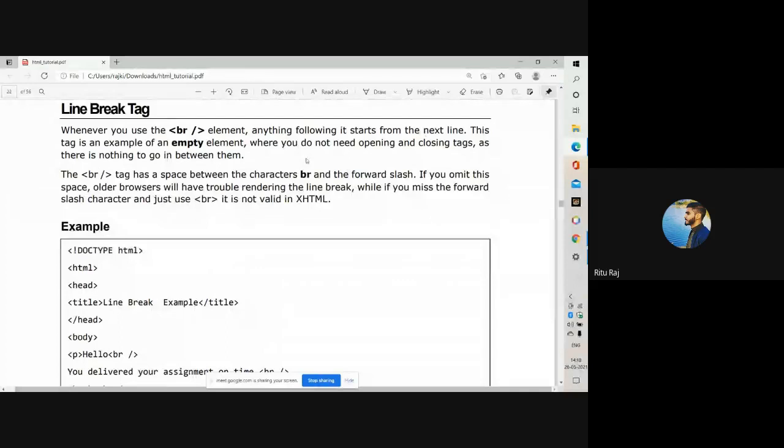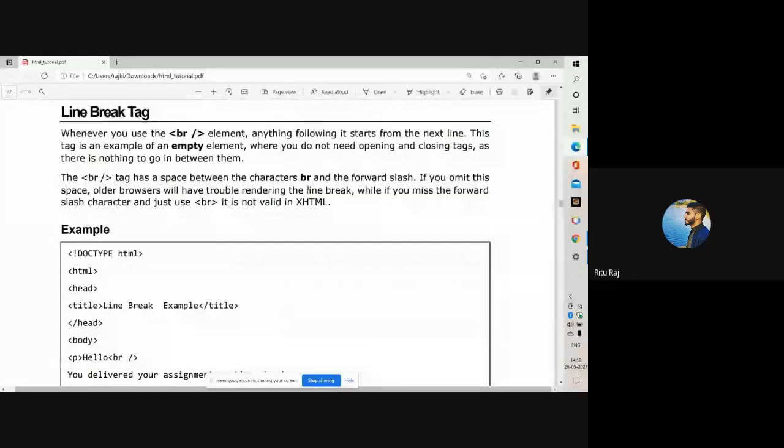The br tag has a space between the characters br and the forward slash. If you omit this space, older browsers will have trouble handling the line break. If you miss the forward slash character and just use br, it is not valid in XHTML.